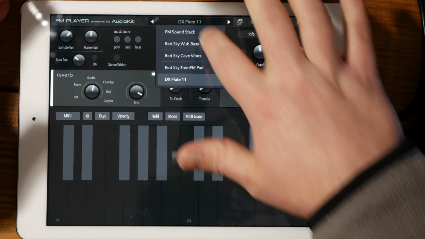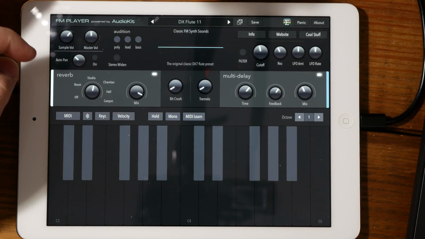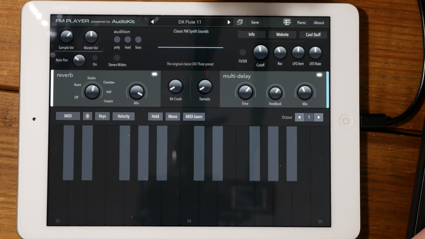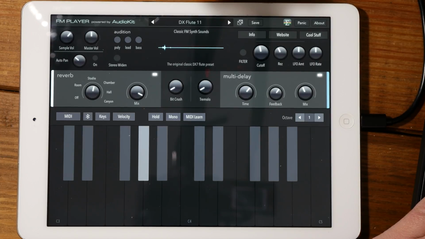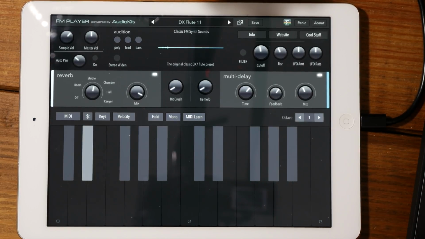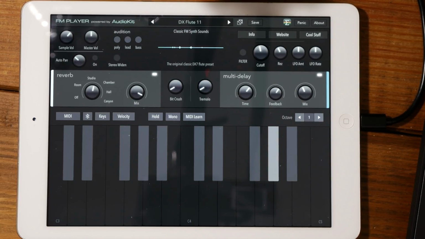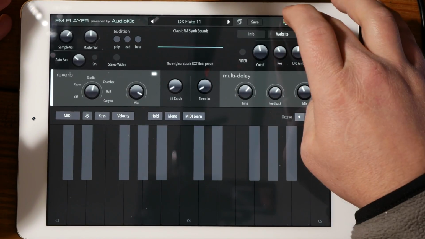I took a flute and I added some delay and some reverb and just played around with it until I got it to where I like it, and I think this thing sounds awesome. So just beautiful. I don't know what it is. I just like it. Anyway,